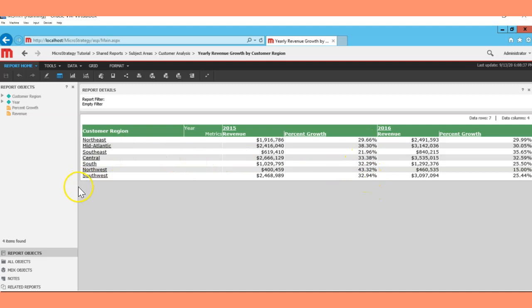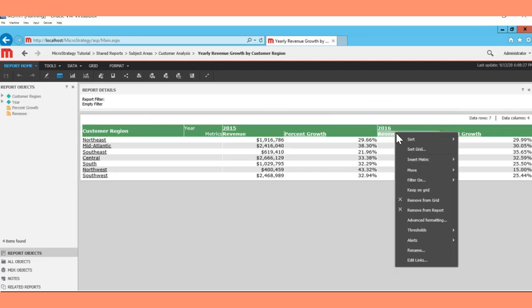Now you can see we have the colors also in the header. So this is the result of this report. We have customer regions, we have year and metrics: 2015 revenue, percent growth, 2016 revenue and percent growth.